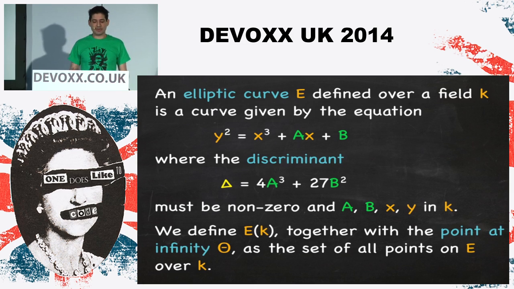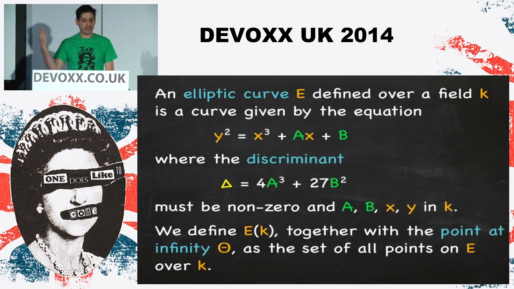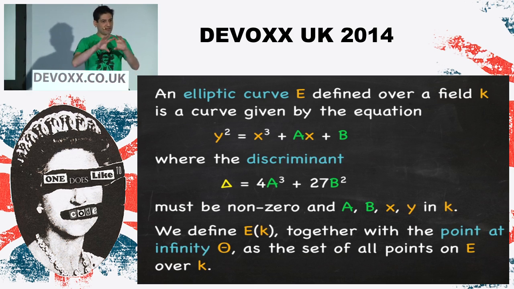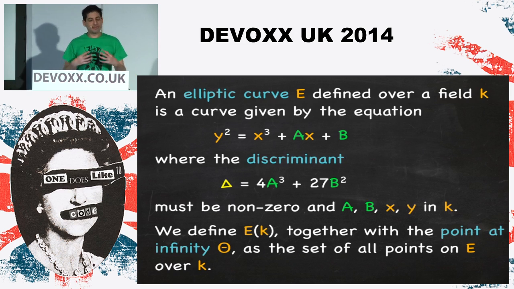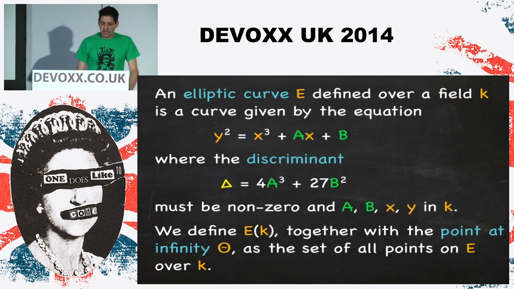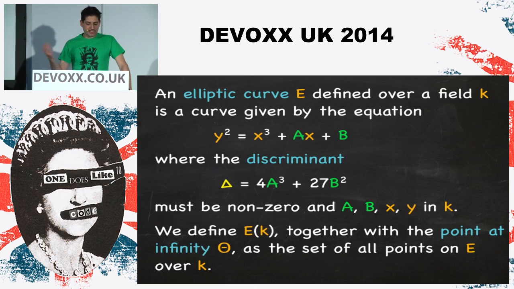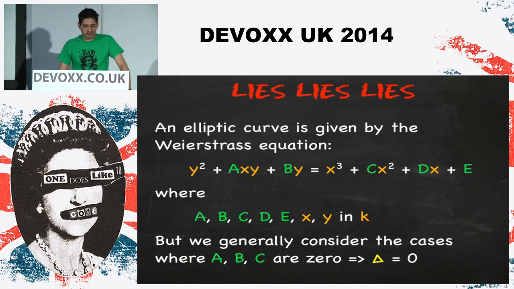And what we have is this property called the discriminant. The discriminant is derived from the equation, and it gives you some characteristic properties about that equation. By setting it to non-zero, we're basically fixing various points of this equation so that it crosses the x-axis at one point rather than just touching it like a cusp and things like this. Properties that we're really after. And so we've got this set of numbers and we add a point at infinity and we call this E(K).